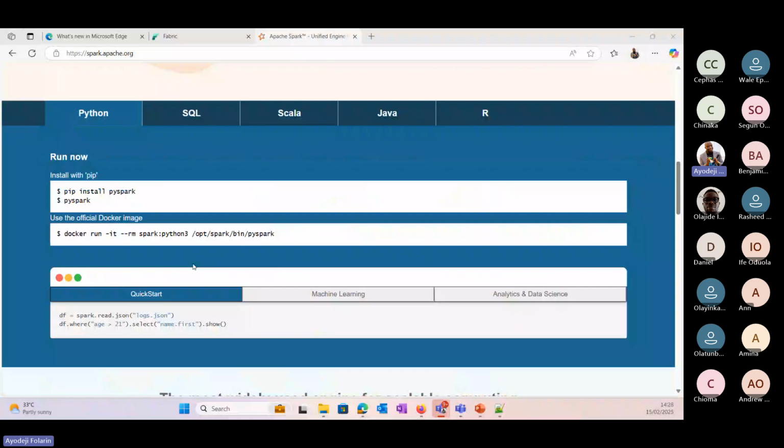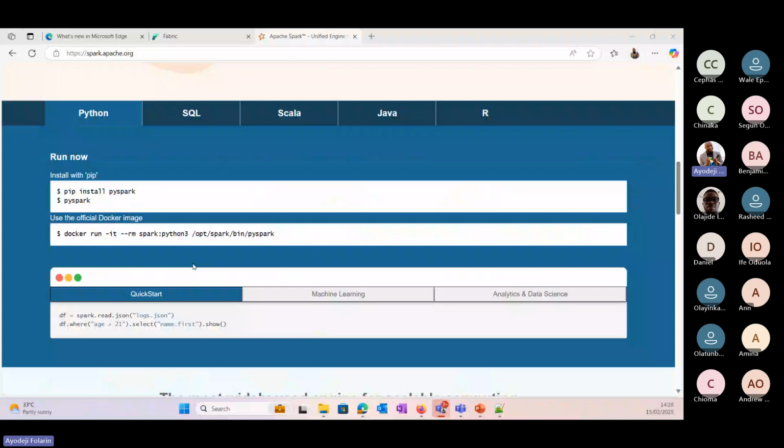So without wasting much time, on Fabric, type app.fabric.microsoft.com. It takes me to my landing page. This is my home page. And last week, I don't want to create another workspace. We already have a workspace we created last week. So I can come in here and check out the workspace that we have here.